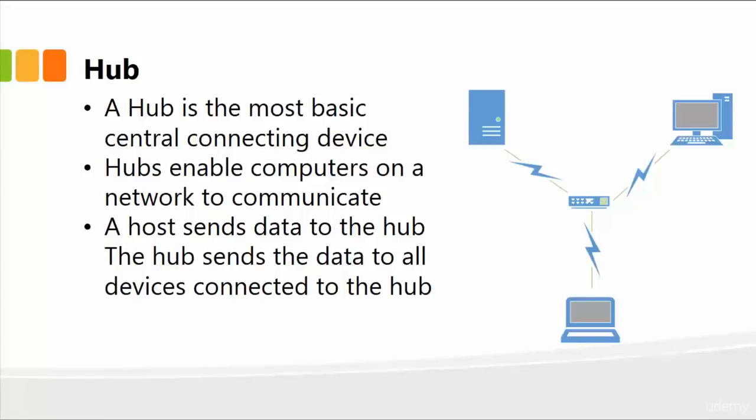So for instance, a host sends data to the hub, and the hub sends the data, also known as broadcasting, right? So it broadcasts data to all the devices connected to the hub, and whichever computer is the destination computer will accept that particular message, and the other computers will reject it. So the function of the hub basically is just to receive data and then broadcast to all of the nodes